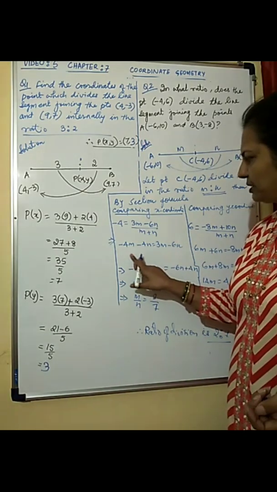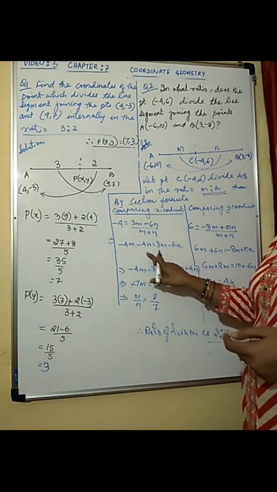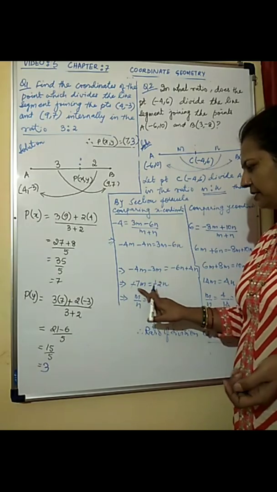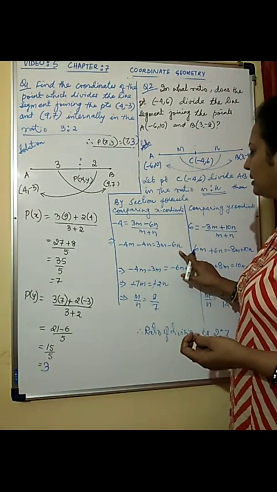So if I transpose this here, we get minus 4m minus 3n is equal to minus 6n. Transposing 4n to this side, plus 4m. So you get minus 4 minus 3 is equal to 7m. That is equal to 3 minus 6. So